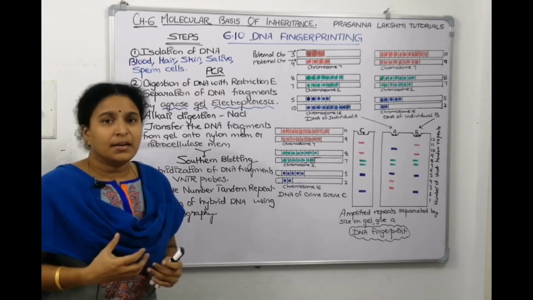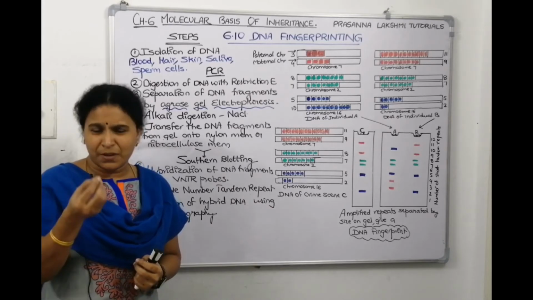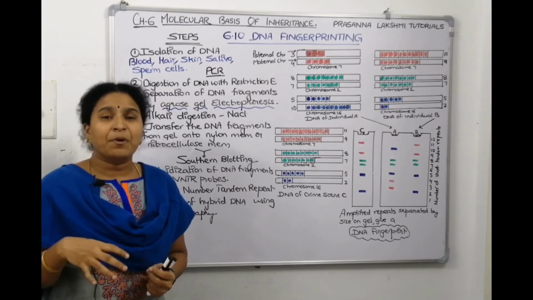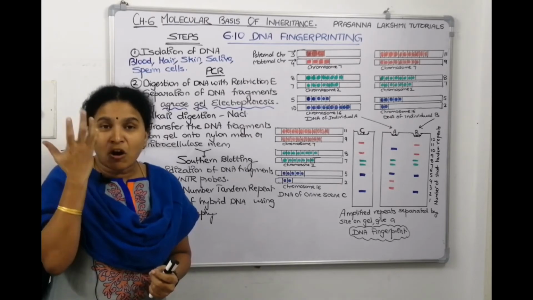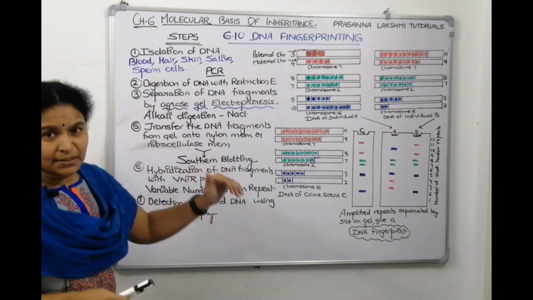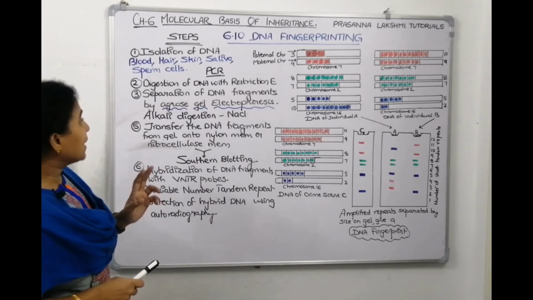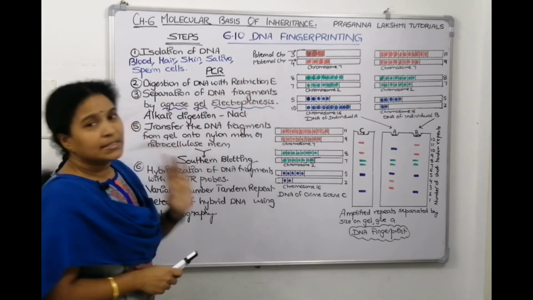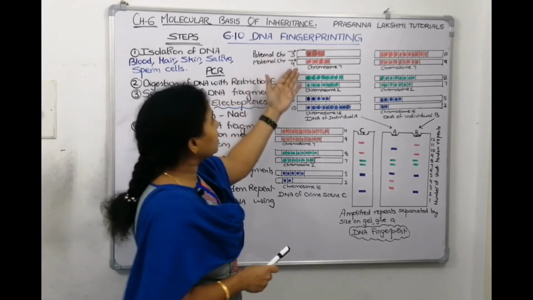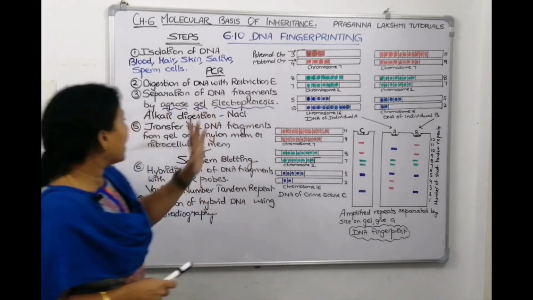After isolating the DNA, if you came to know that the amount of sample is very less, go for polymerase chain reaction. It can amplify and give you 1 billion copies of DNA also. After that, take the DNA and digest it. You need to cut the DNA, and the enzyme you are using is restriction enzyme. After you cut, you will get the fragments, like 3 fragments here, 4 fragments here, 8 fragments, 7 fragments.